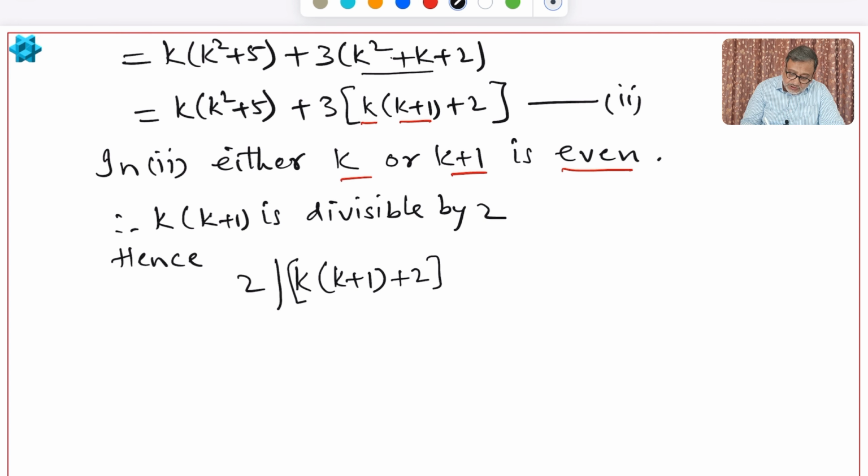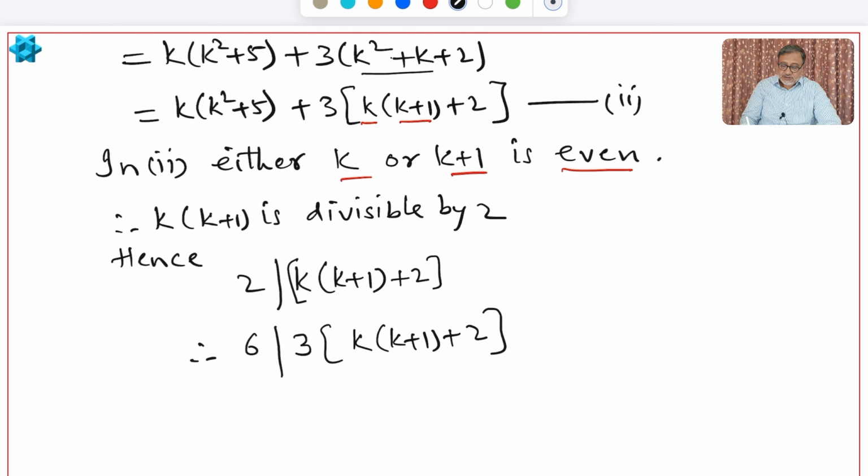Now multiply both sides by 3, so 6 is here, 3 into (k(k+1) + 2), right? So which means by inductive hypothesis, right? We know this. Okay, so by inductive hypothesis 6, and from this (k+1) can be out,